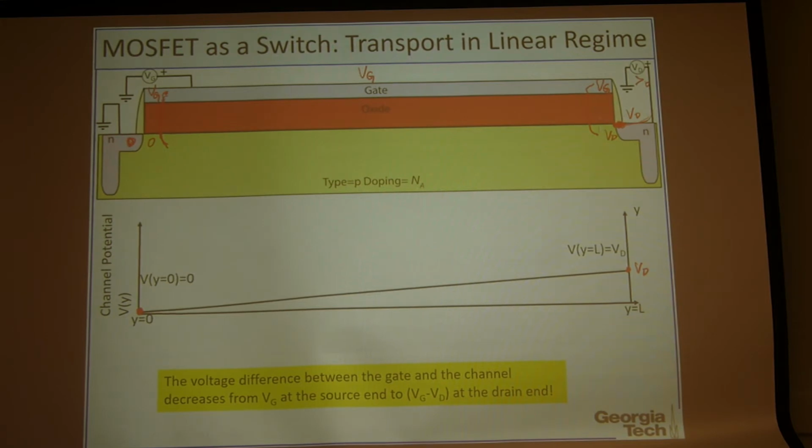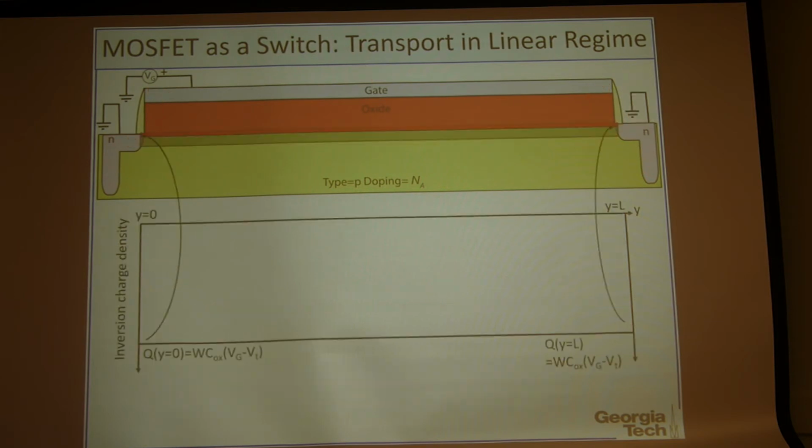So the actual difference of the voltage is Vg minus Vd across the MOS structure. So this is different between the left and the right boundary. That means the